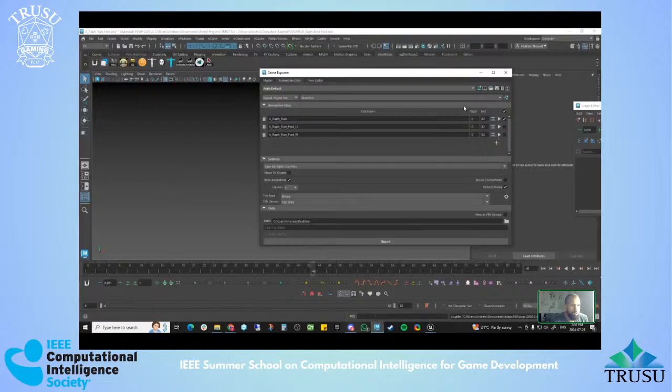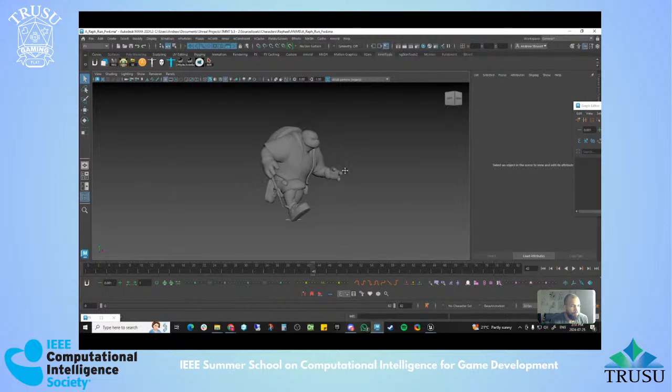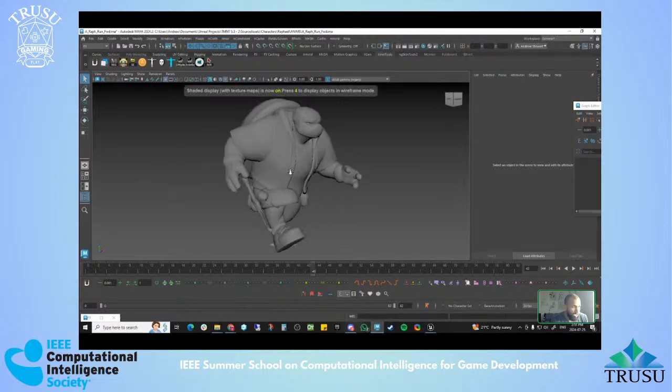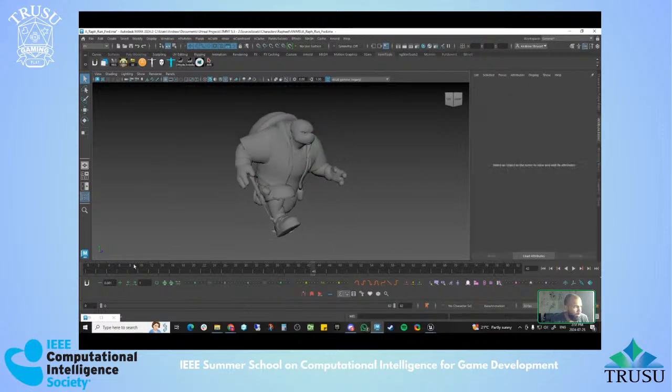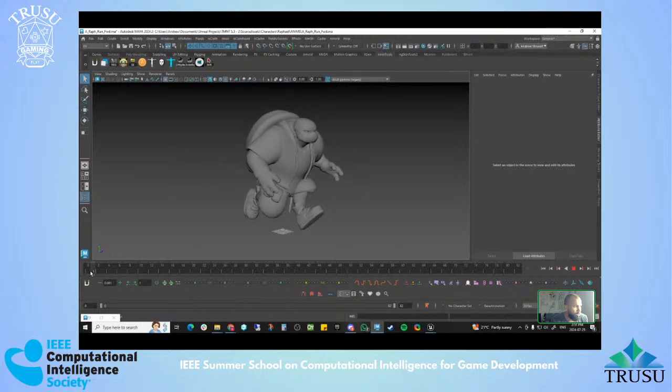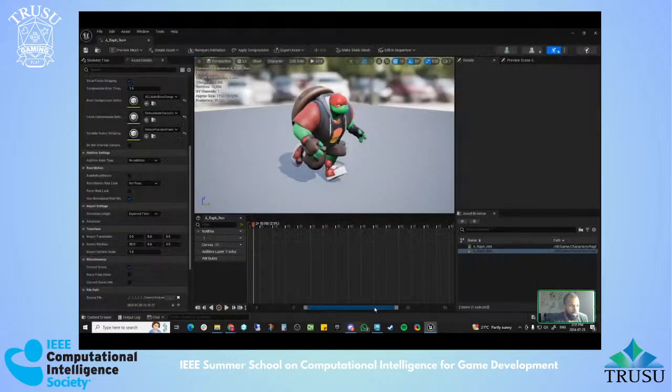So if you look at the running scene here, and just ignore that there's no textures right now. I won't bother hooking up the textures. It's not really relevant at this point. But as you see, when you're scrubbing through the timeline here, we're hitting full frames. We're going from 0 to 1 to 2 to 3 to 4 to 5. In Unreal, when we scrub,